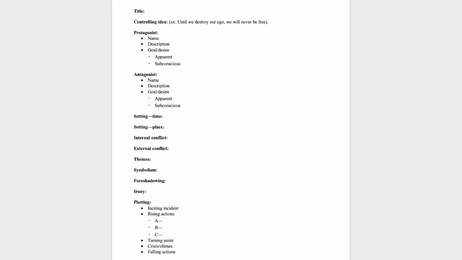That's why it is important to have the protagonist and the antagonist really defined, because a lot of times people make the distinction of, oh, it's character driven, it's plot driven. Well, character and plot really are synonymous. So that's how I want you to start to look at this.